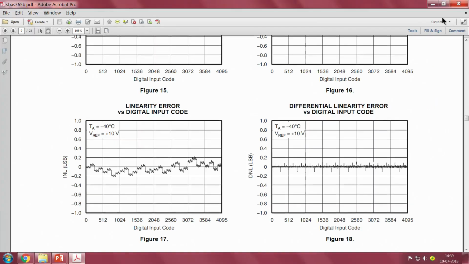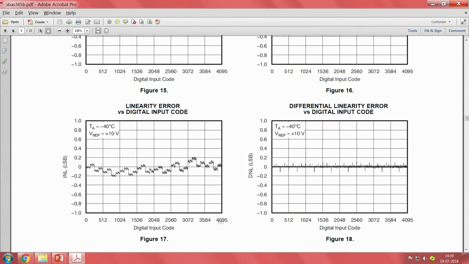What is the linear relation? A linear relation is like this. The curve between the digital input and the analog output might not be a linear curve, it might be something like this. Not exactly like an exponential or something like that. So, that is not linear. We should make sure that preferably it should be linear, but design errors will be there. So, this is what they have characterized. Ideally it should be 0, ideally it should be 0, but then there will be linearity errors while converting.